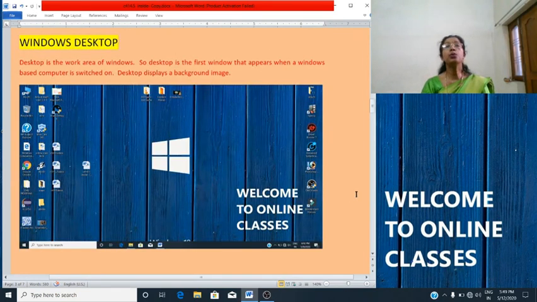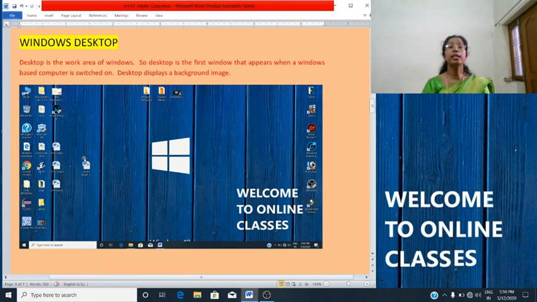Now, let's learn how to use the various icons, buttons and menus of Windows desktop. This is a picture of a Windows desktop. You have already seen it. The arrangement is similar to the top of a study table. You place your books, copies and pencils on your desk to start working, isn't it? Similarly, Windows places icons and toolbars on its desktop.